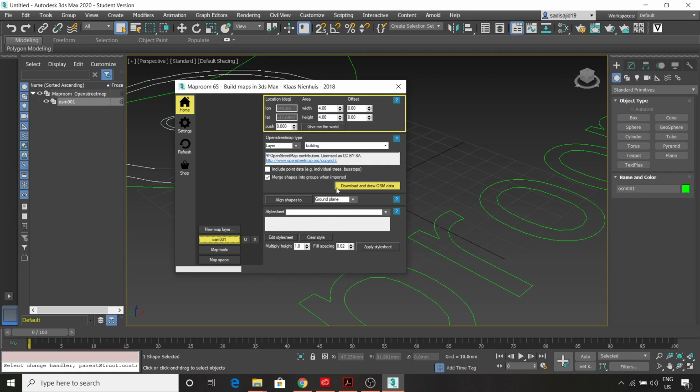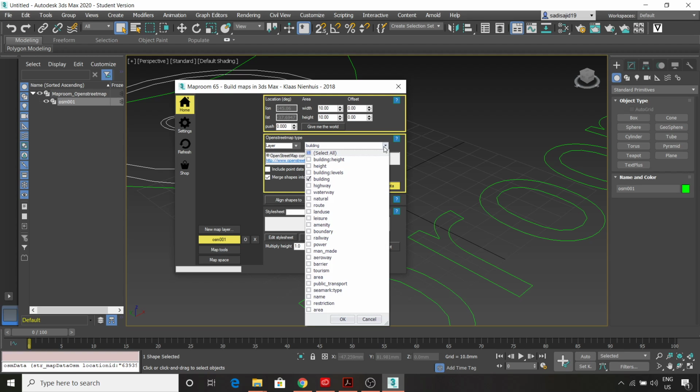For the purposes of this video, you have to select the width and height so the system knows what amount of area to cover or to model in 3D. Let us just select 10 by 10. It's the safest for now. And in the layer option, click layer and you can select specifically what you want to import from OpenStreetMap. So definitely we would want building height,